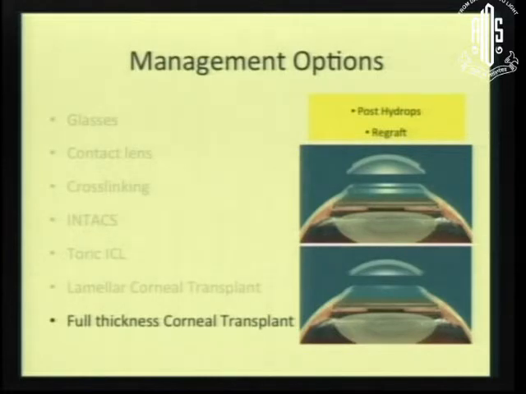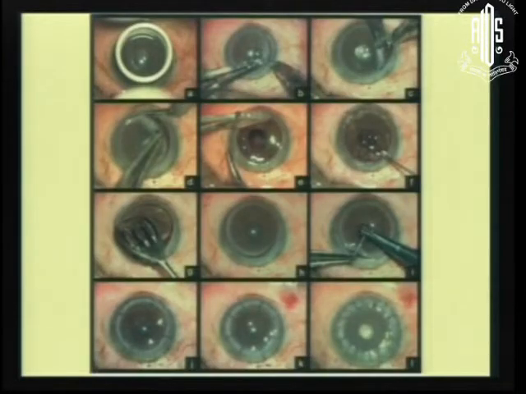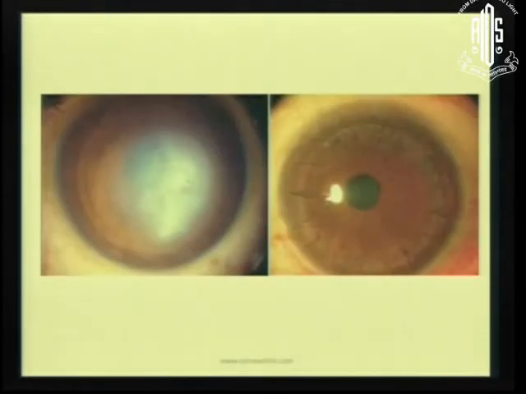However, there are certain situations where a lamellar keratoplasty may not be possible, such as this. So here, if you have this situation, then you have to go in for a penetrating keratoplasty. We are all familiar with the conventional penetrating keratoplasty that we do, where a full thickness corneal button measuring about 8.5 millimeters centrally is removed and replaced with a full thickness donor tissue. However, there is always a risk of endothelial rejection, so the patients have to be put on long-term steroids, and you have to watch out for the intraocular pressure and the development of cataract.